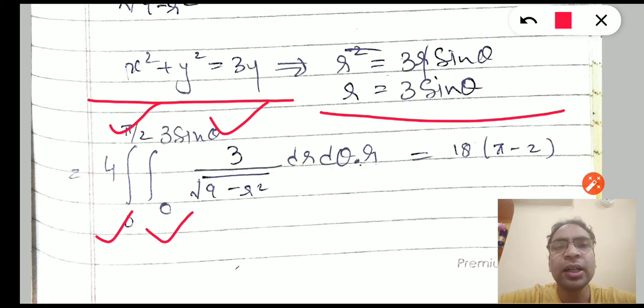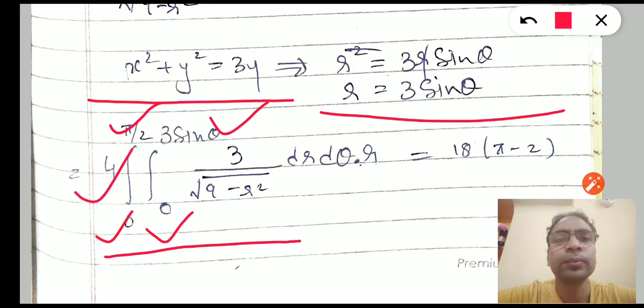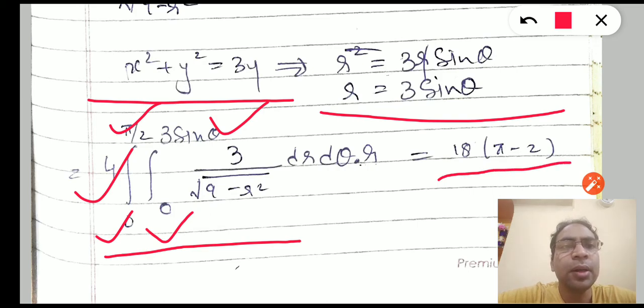and we have to find out the area that lies between the cylinder and the sphere, where the cylinder is a two-dimensional figure in this case, which is inside the sphere. So we will consider only 4 quadrants instead of 8 quadrants. So we will multiply this area of one quadrant by 4. So this is 4 multiplied by the double integral of 3 upon under root 9 minus r square, dr d theta, dot r. On solving, this is equal to 18 pi minus 2. So we need to perform the integration.